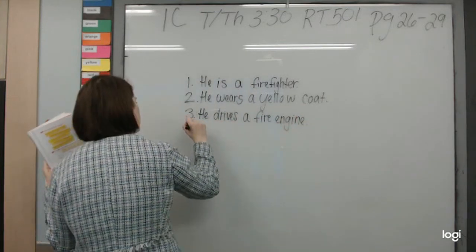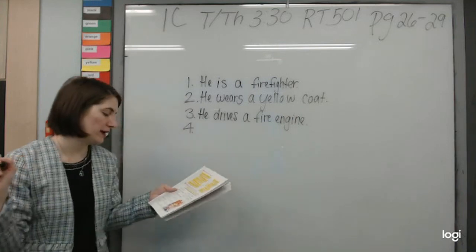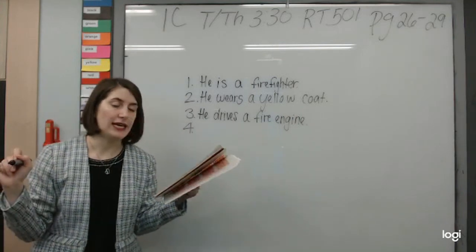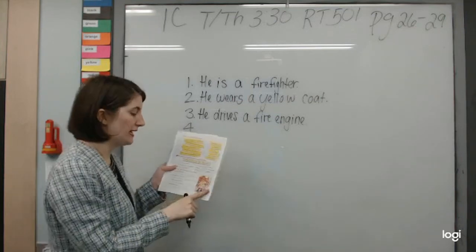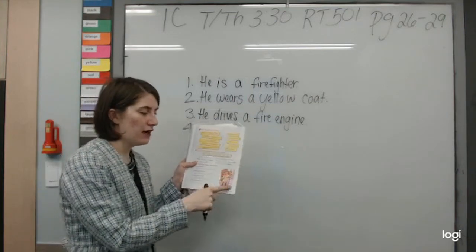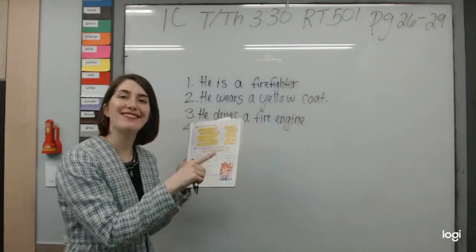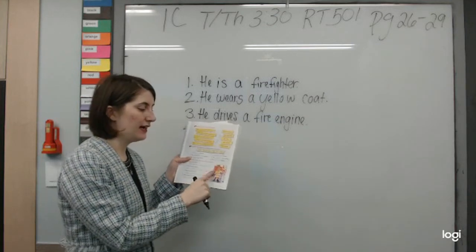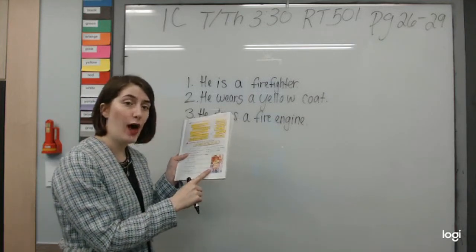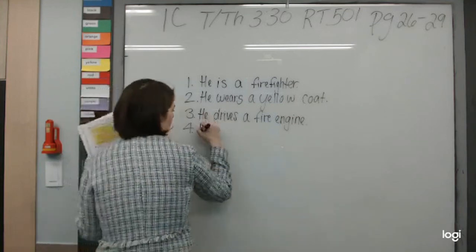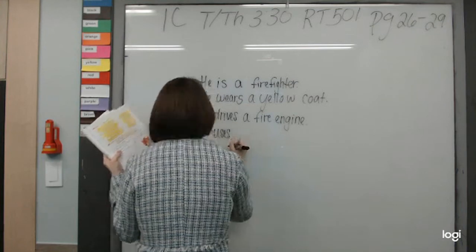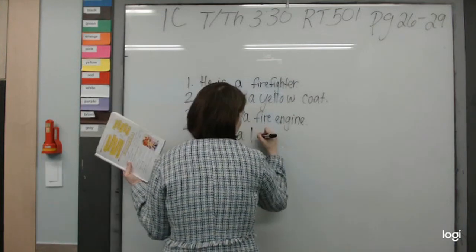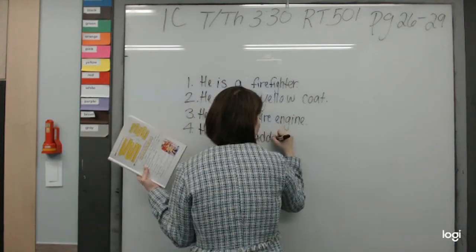And our last question, number 4. What does he use? Well, what do we see in his hands? Here we see a ladder. And here we see a hose. So he uses, because we need an S after our verb, a ladder and